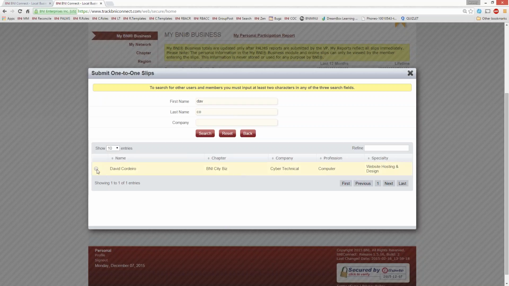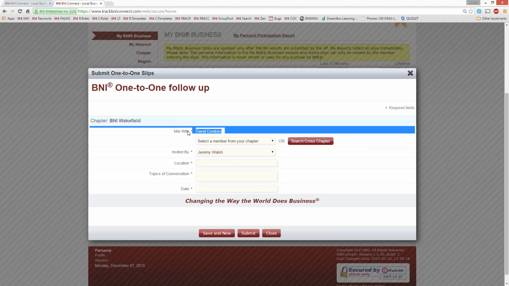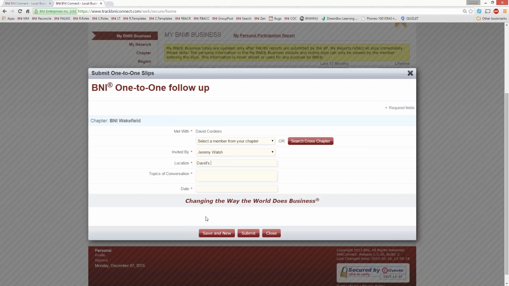When I put a little dot here in the box, it asks me if I want to select that person. And now his name will show up in who I met with. I can put the location that we met. Let's say that we met at David's office. And we talked about